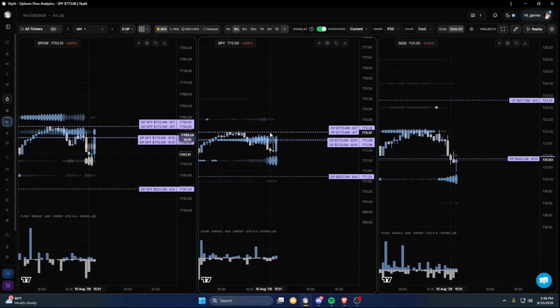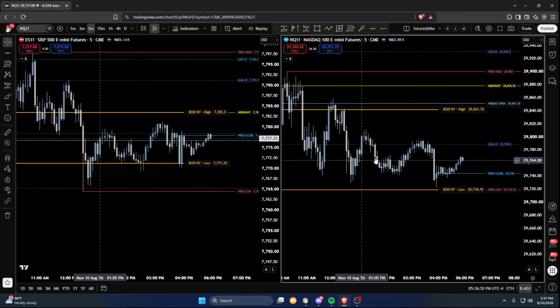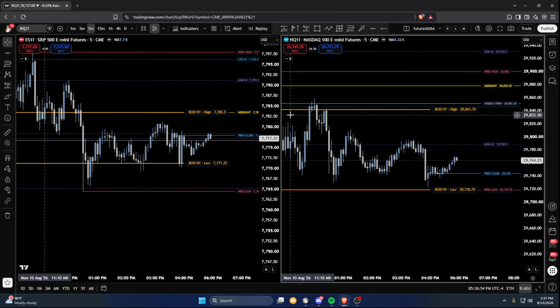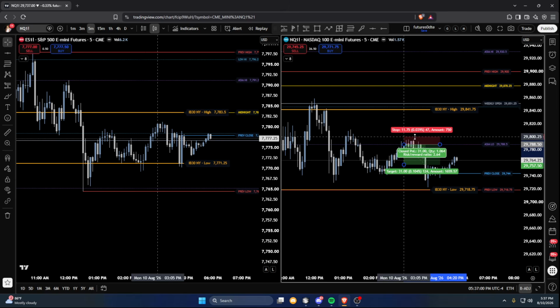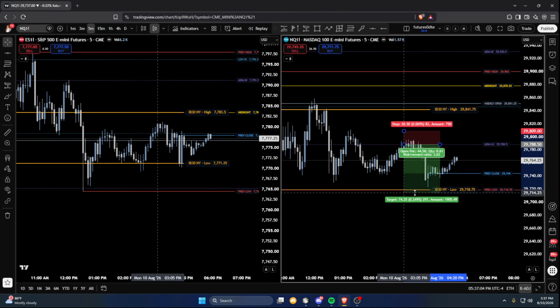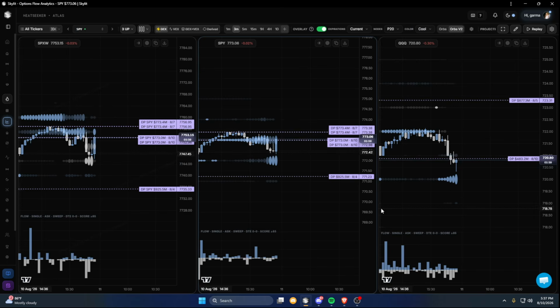But that's what I like about futures too, because when I have a lot of accounts to work with, I'm able to take this short without having to worry. So I'm taking this short, let's say I took it at 15.13, right? Over here, if I take this short and I give myself a 20-point stop, and this was also at the Asia low, so this is a nice level that I liked. Your stop would have never got hit, and then my target was this IB low, which was QQQ 720,